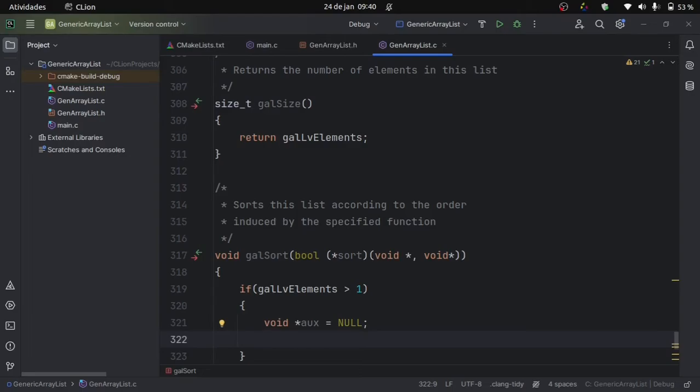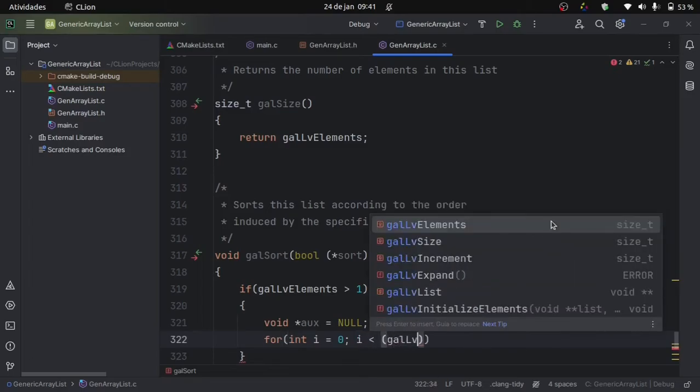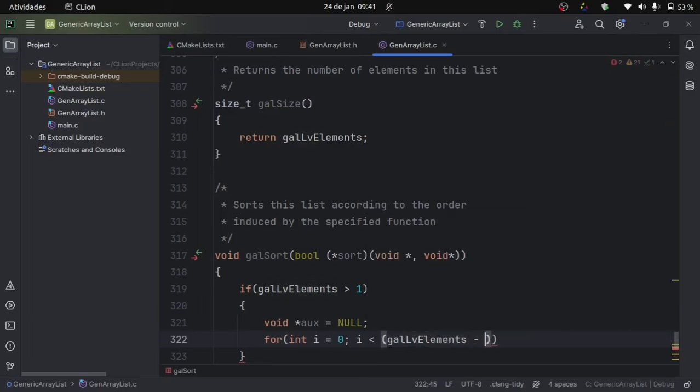The bubble sort idea is that every time one is greater than the other, I swap it. So to do the swap, I need the aux. So for int i equals 0, i less than gal lv elements minus 1, i plus plus,